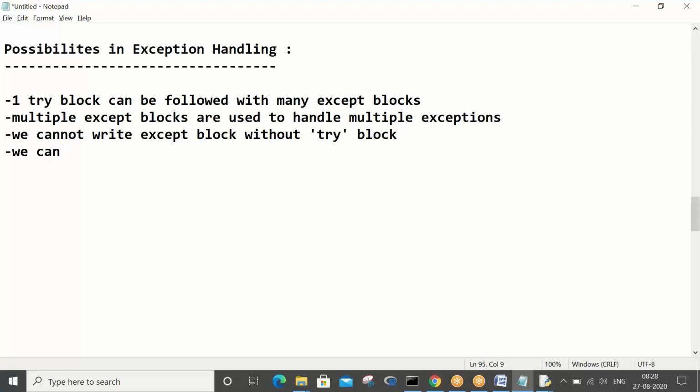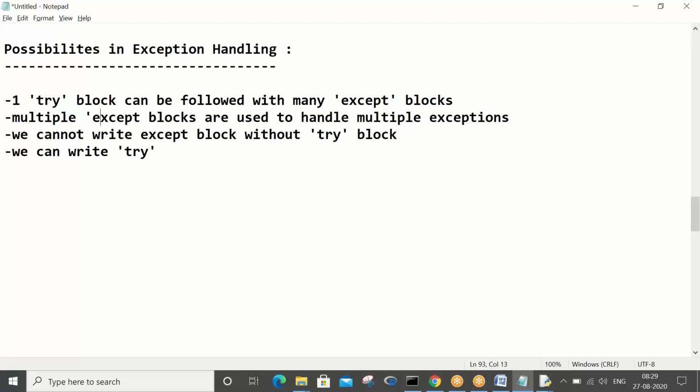We can write try block, try except, put it in quotes. So one try block can be followed by many except blocks. Multiple except blocks are used to handle multiple exceptions.